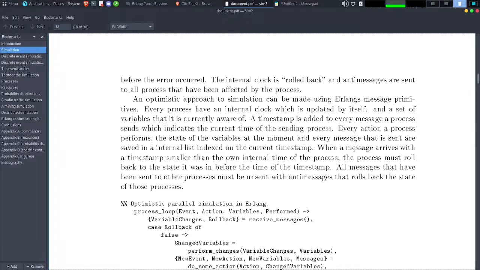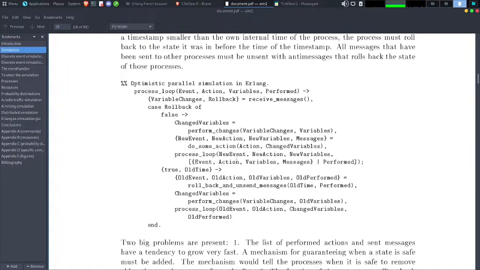When a message arrives with a timestamp smaller than the process's own internal time, the process must roll back to the state it was in before the time of the timestamp. All messages that have been sent to other processes must be resent with anti-messages that roll back the state of those processes.